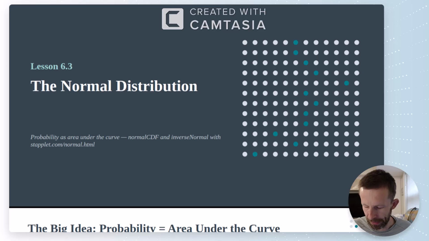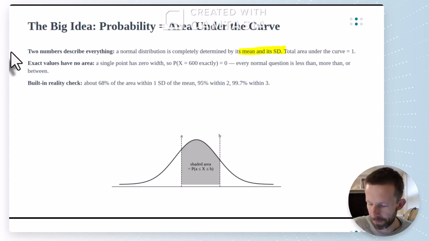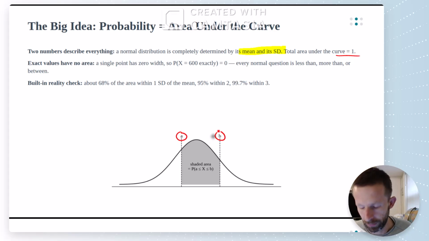So the key idea here is that with a normal distribution, probability corresponds to area underneath a curve. Two numbers describe everything. A normal distribution is completely determined by its mean and standard deviation, and the total area underneath the curve is 1. So when we look for the probability that something is between two numbers, those two numbers are A and B on my x-axis, and they block off a certain area underneath the curve,